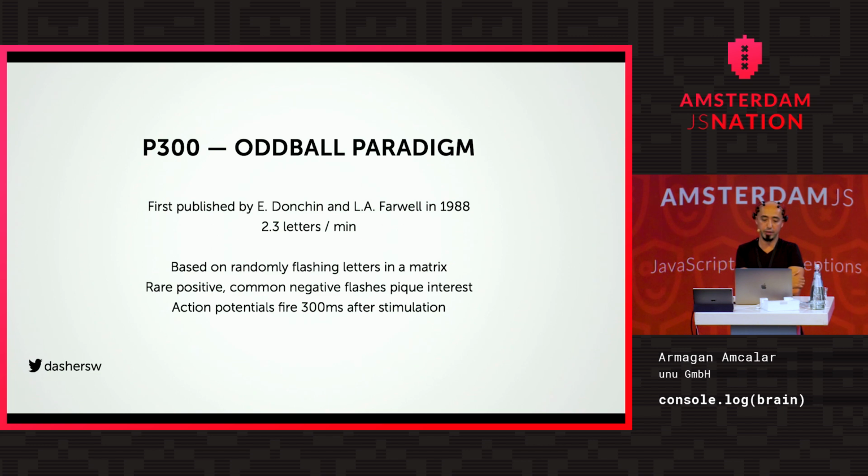But the goal was to basically help patients or people with disabilities to be able to communicate, because it's actually very important. If you have no other means of communication, if you can't even move your muscles, or if you can't even blink on your own, this is really important. If you can communicate, if you have a pain, or if you are in need of medication. And they were able to achieve 2.3 letters per minute in 1988. So what you'll see is